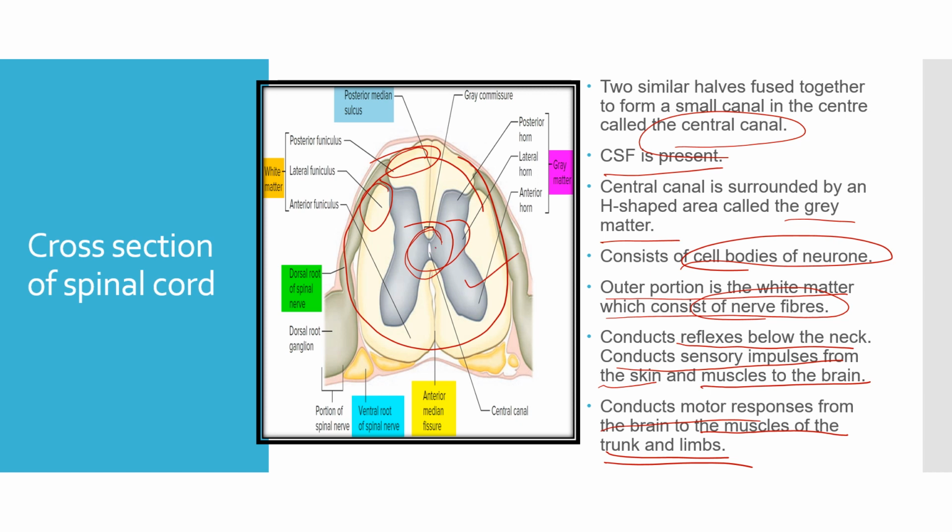So this is the central canal, this is the grey matter, this is the white matter. These other parts of the cross section you will be studying in higher classes. Just remember, this is the dorsal root ganglion, this is the posterior horn. And this is the anterior median fissure, and this is the posterior median sulcus. These other parts are not at all required for your classes, right? The main important parts are this H region and this white matter. All the details are not required at this standard. So is it clear to all of you now?